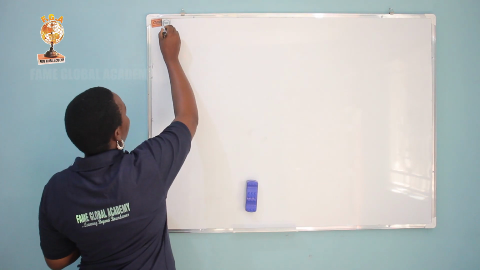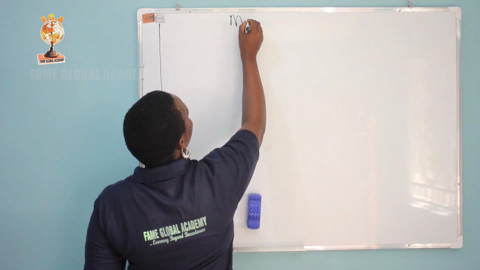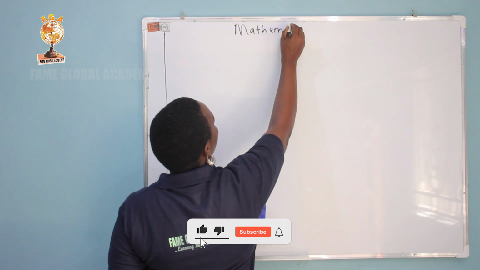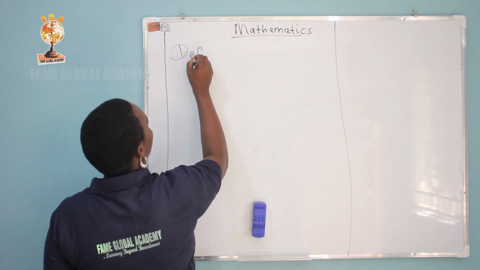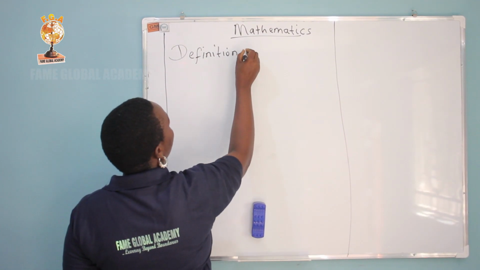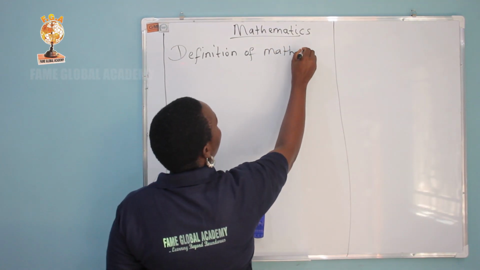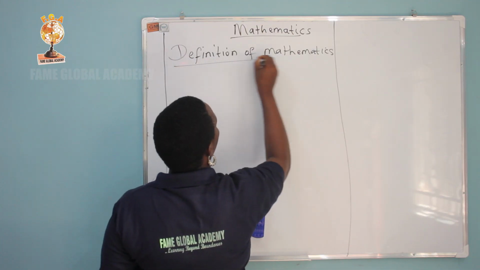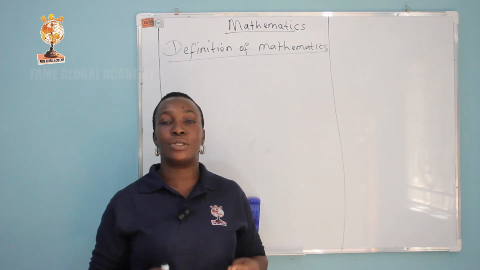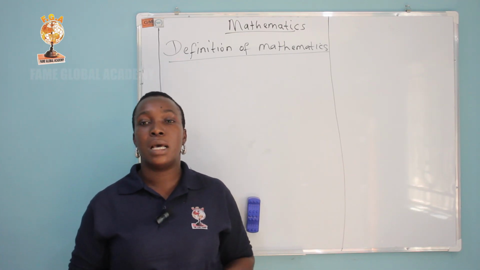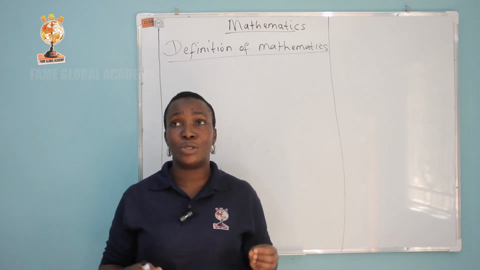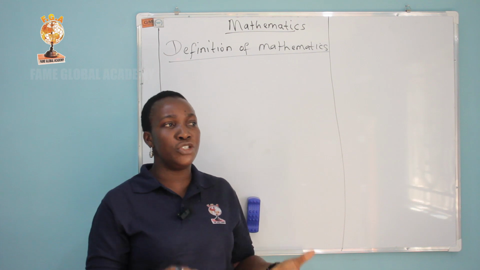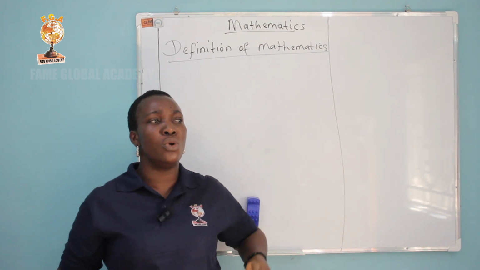So first of all, I would like us to define mathematics. Mathematics can be defined as the study of numbers, patterns, symbols, and the relationship between different quantities. And mathematics also, as a subject, helps us to count, to measure quantities, and helps us also to solve real